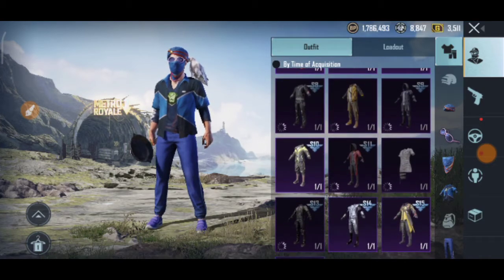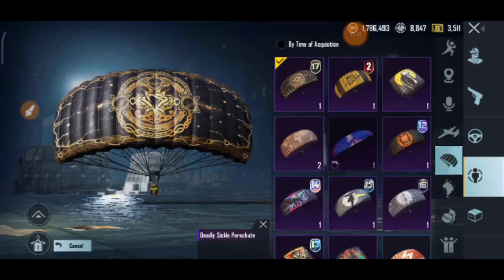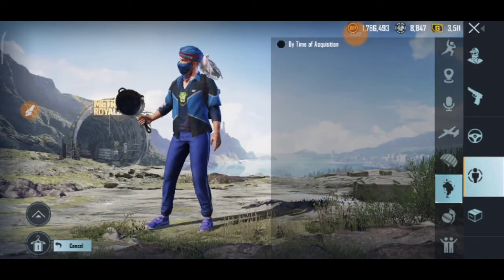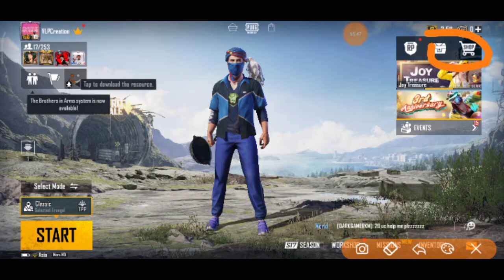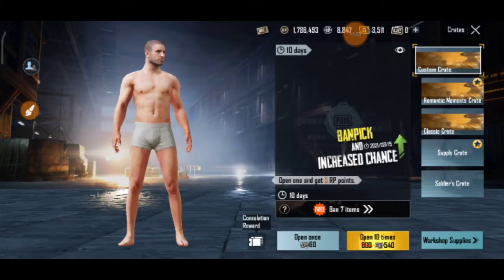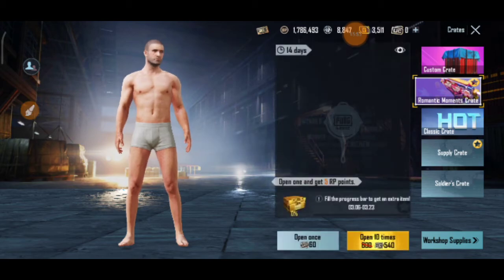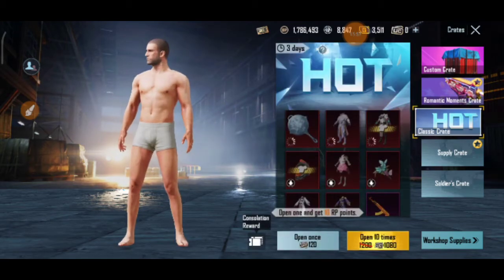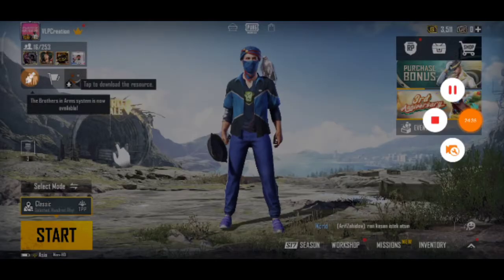Let's load it, and after that you can see that everything is downloaded. You can see here I am downloading everything, every skin. And after that close this. Now click on this shop and this event also, and here also download each and every skin. If not, you may not see the opponent skins or our teammate skins.